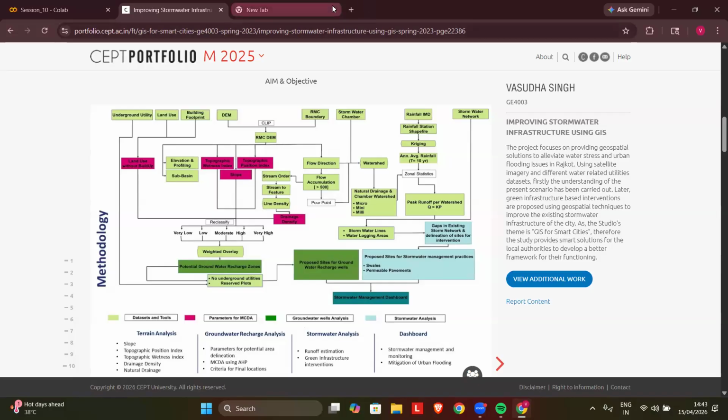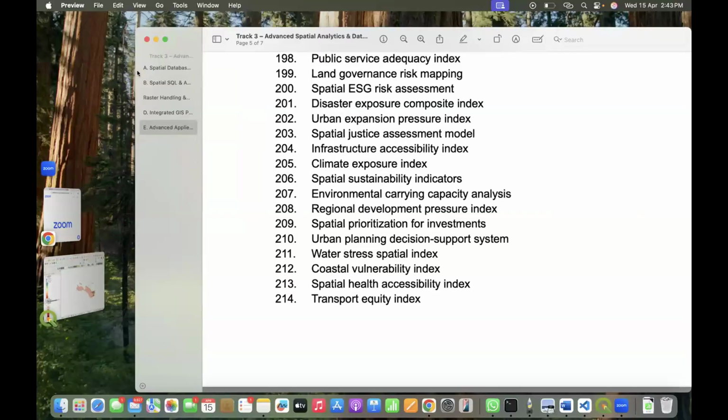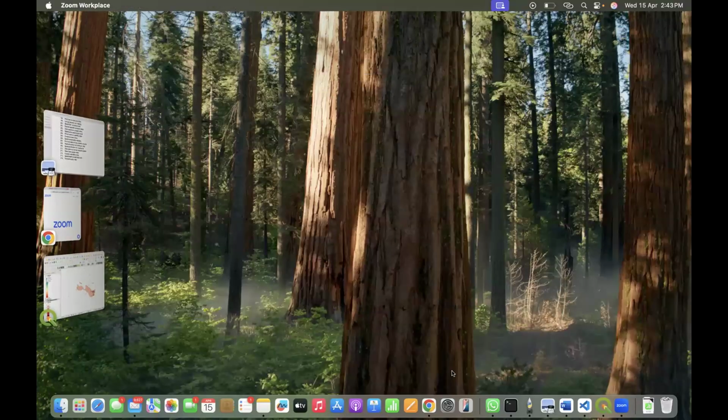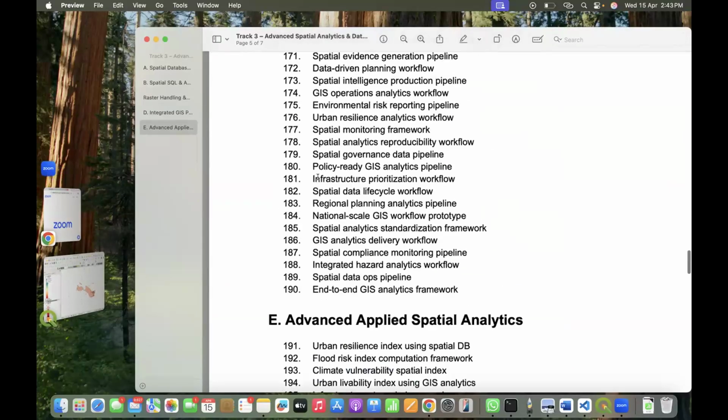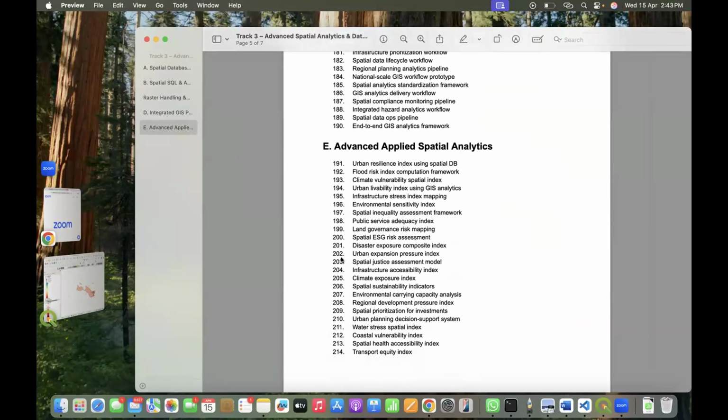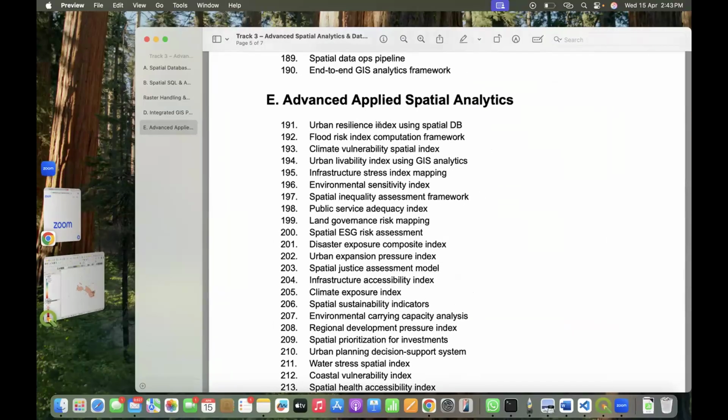And ma'am, for the last track, track three, from the last project, I was not getting how to start that. Like, I'll show you. These are the projects. And these are the projects. So if I choose any of these, like Urban Resilience Index using Spatial DB,